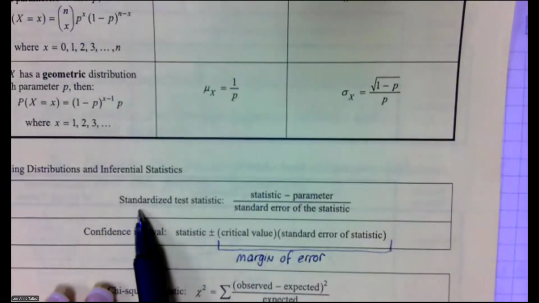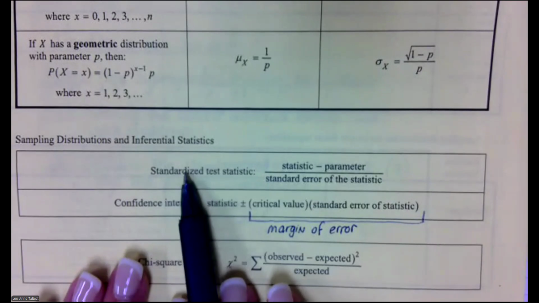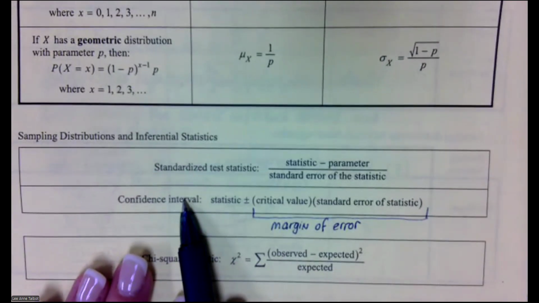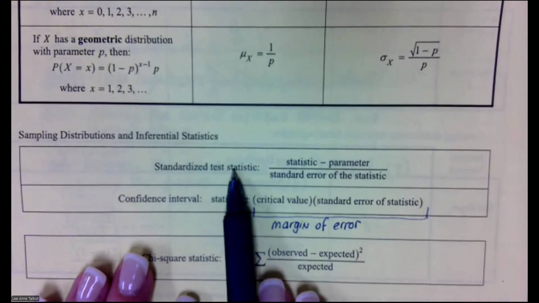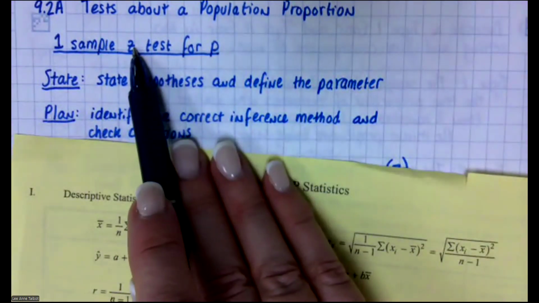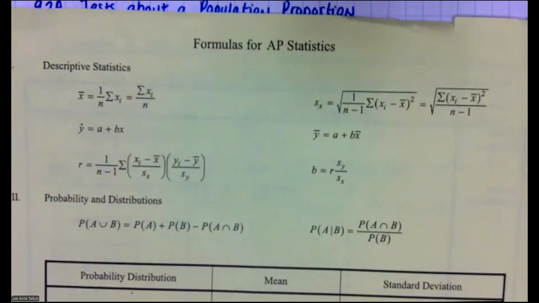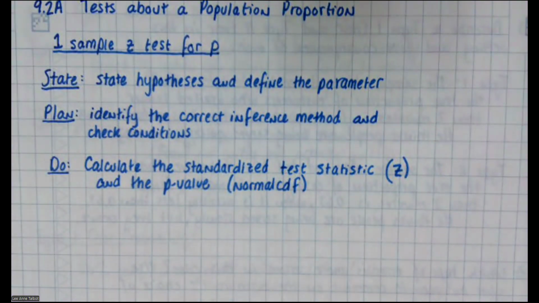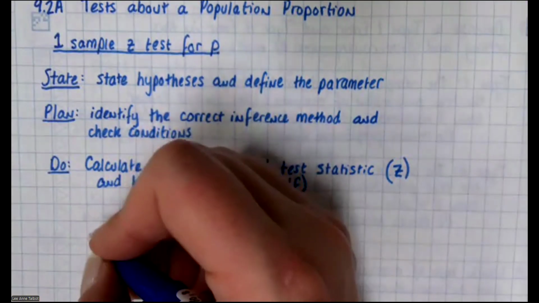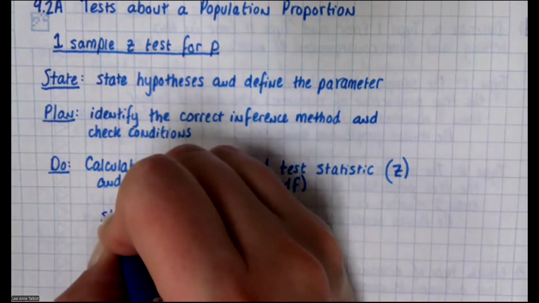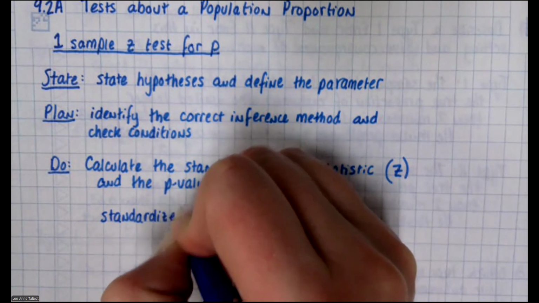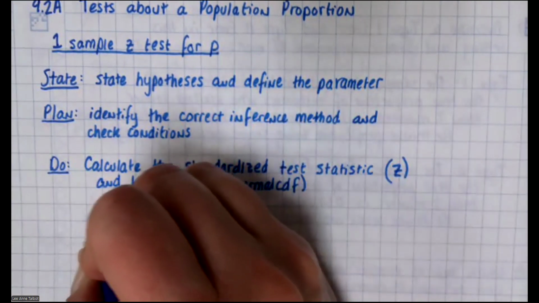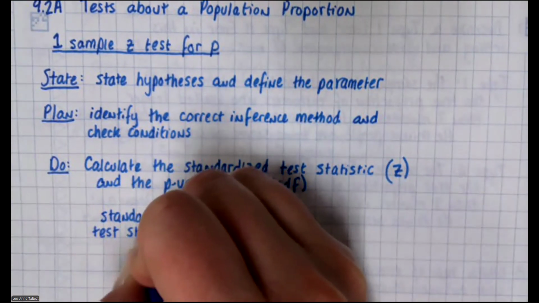Now, for a hypothesis test, you're right here. So this is chapter 8. This is chapter 9, standardized test statistic. And for ours, it's going to be Z. And the reason that it's Z is because we're doing a Z test. Okay. So the first thing we're going to do is write down the thing off of the formula sheet. So standardized test statistic